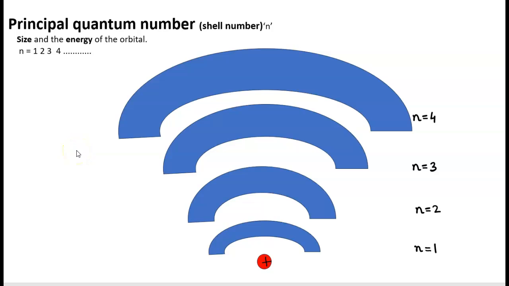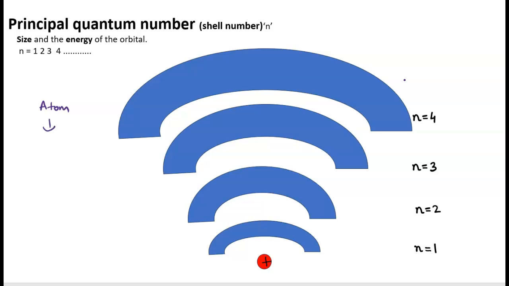Okay, so quantum numbers are basically the numbers which are needed to specify an electron present in a particular orbital. So you can say that in an atom there are various shells or various main energy levels, and in these shells, in these main energy levels, there are various subshells. So we can say that in an atom